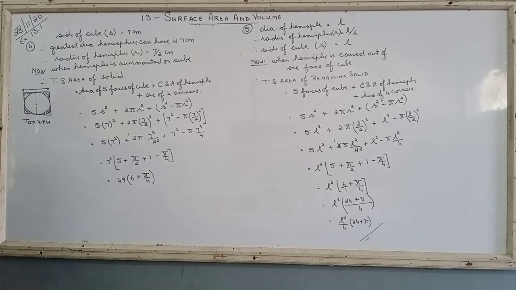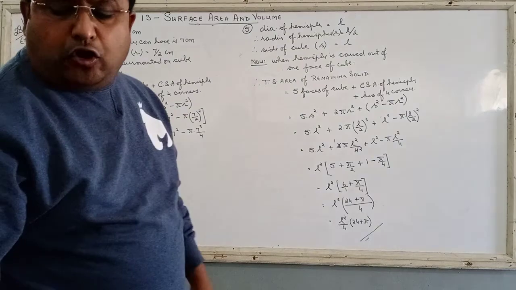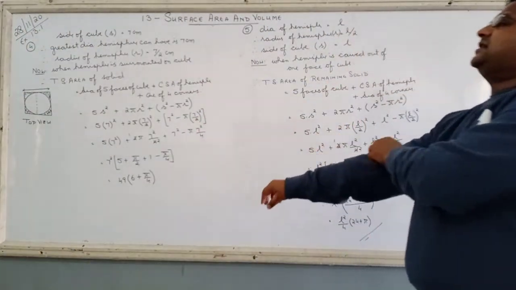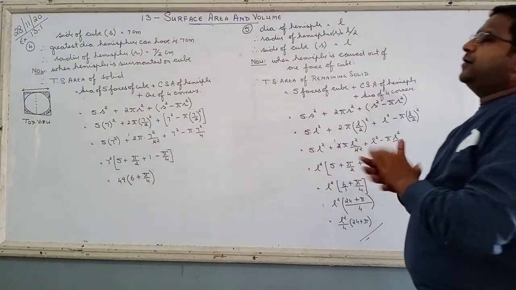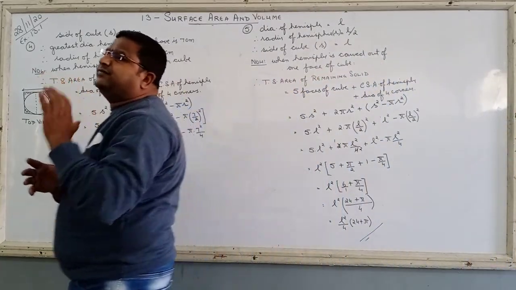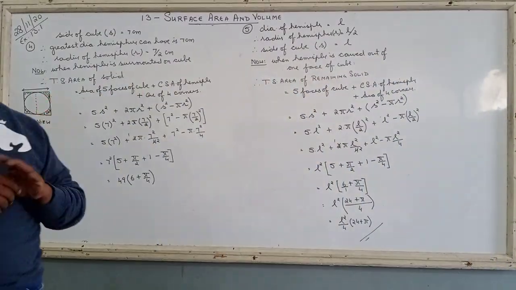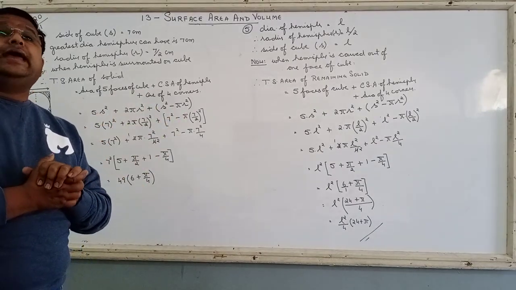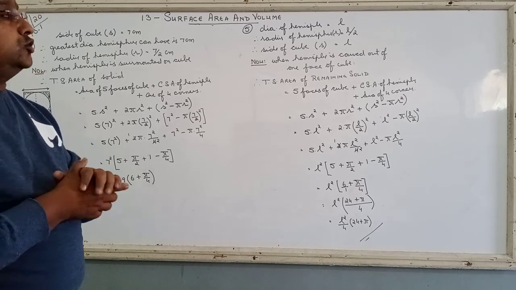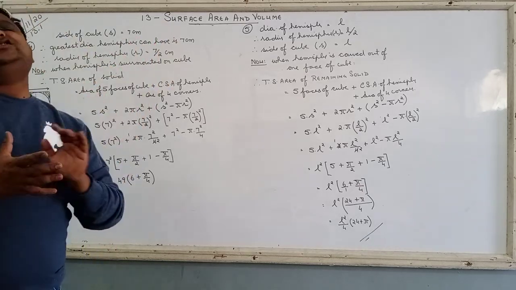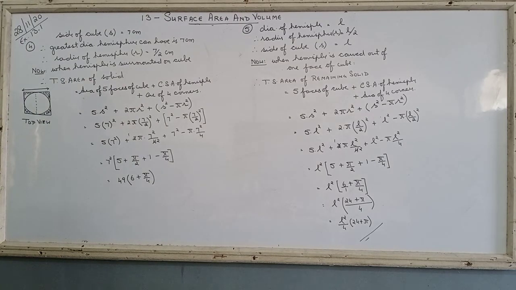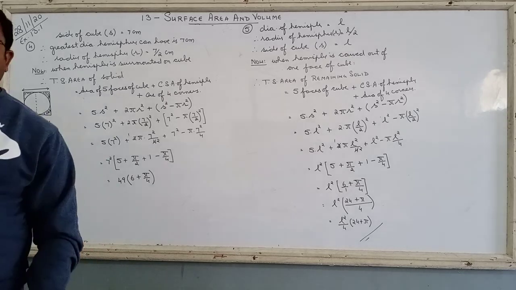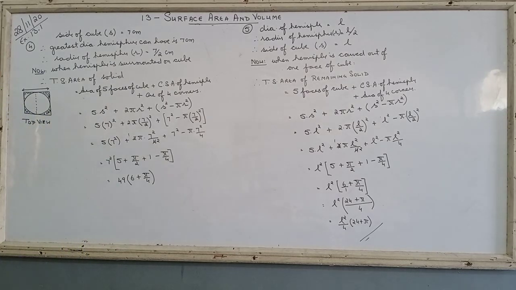Right? So this is how in both the questions the method, the formula is the same, but the shape is different. So this is the second part of your exercise 13.1. Yesterday we did 5 questions. Today we discussed 4 questions, and all the questions are based on surface areas. Here also we are discussing combination of shapes. We did not discuss singular shapes. We discussed combination of shapes. Students, so please ensure that you practice these questions very, very carefully. Thank you.